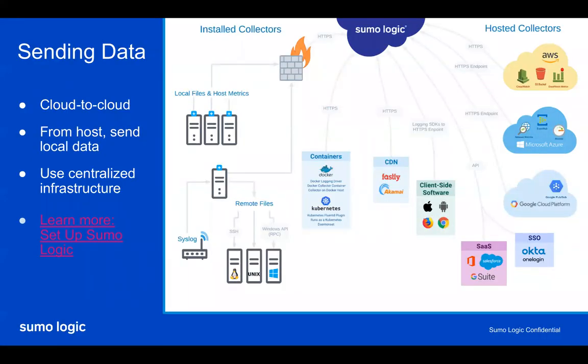So here you see a very simplified schematic when it comes to sending data into Sumo Logic. You can see that on the left side, we talk about installed collectors. The installed collectors are low footprint agents that you can install on your servers, Unix, Linux, Windows, Mac OS, and so on, to monitor log files, events, and metrics, and send that information up to Sumo Logic through, of course,